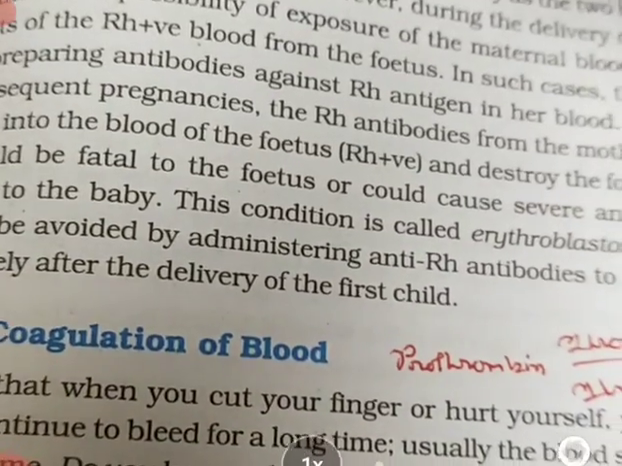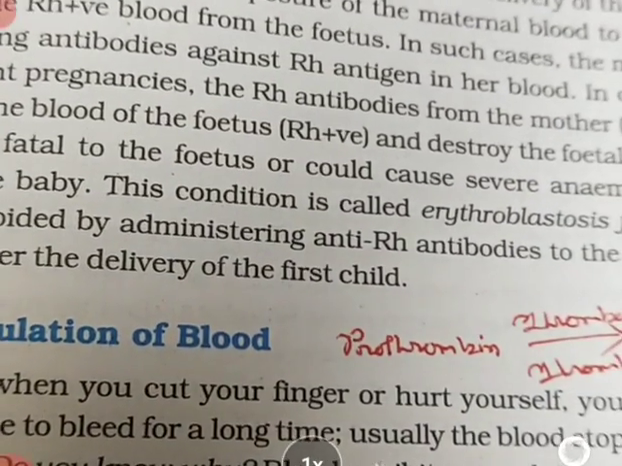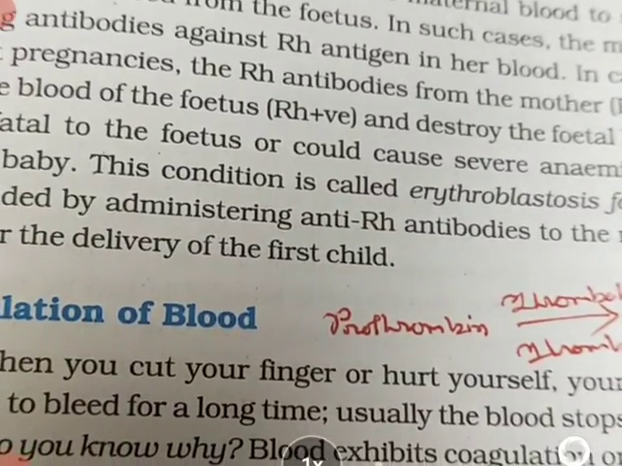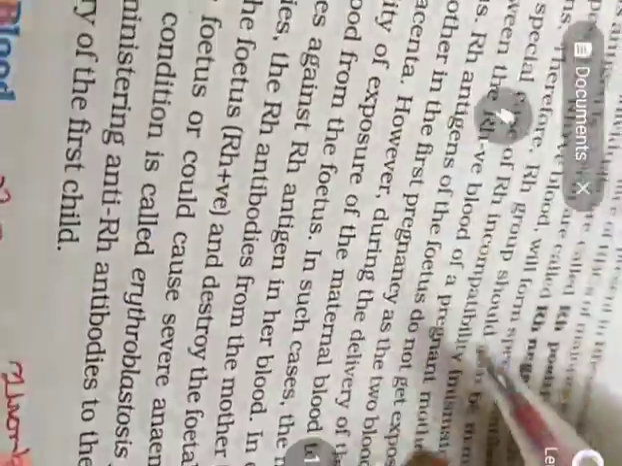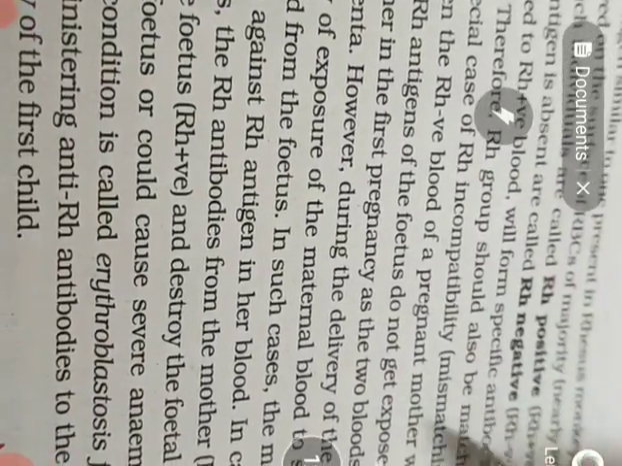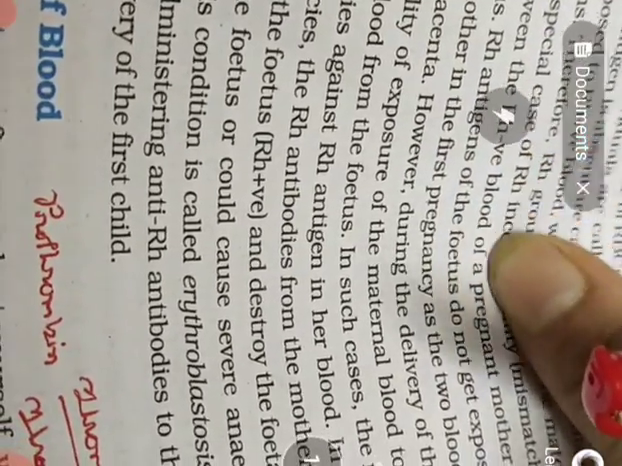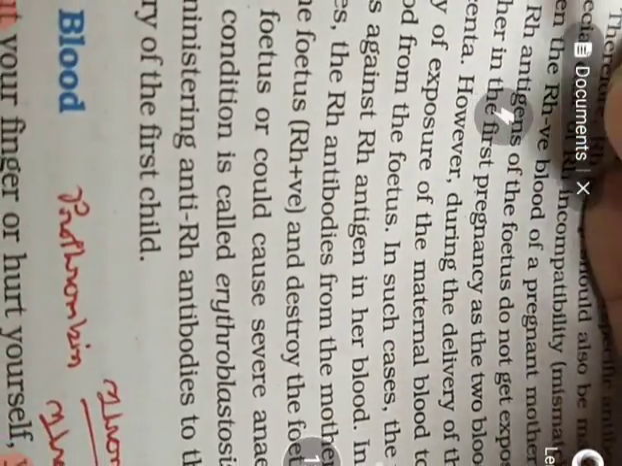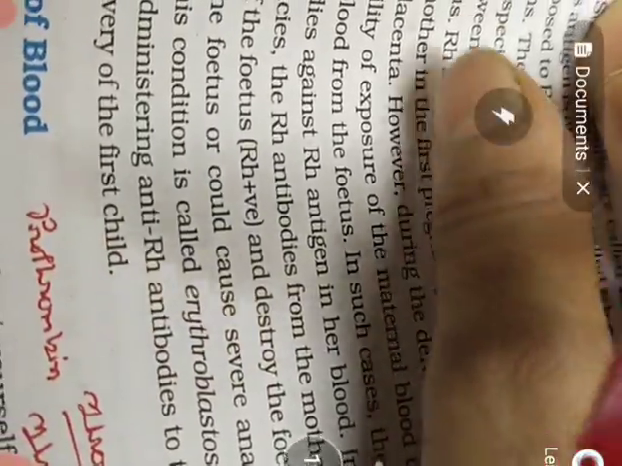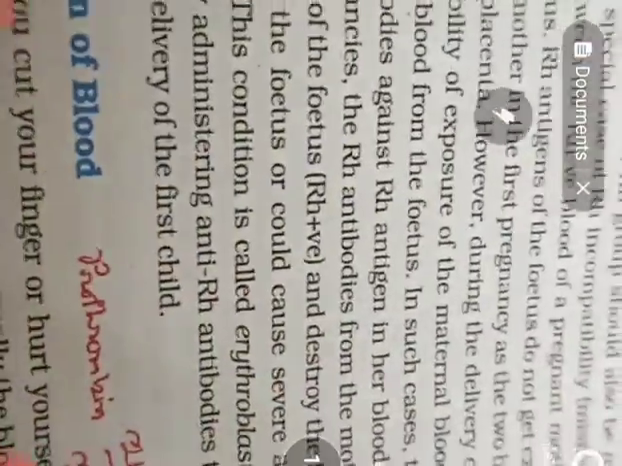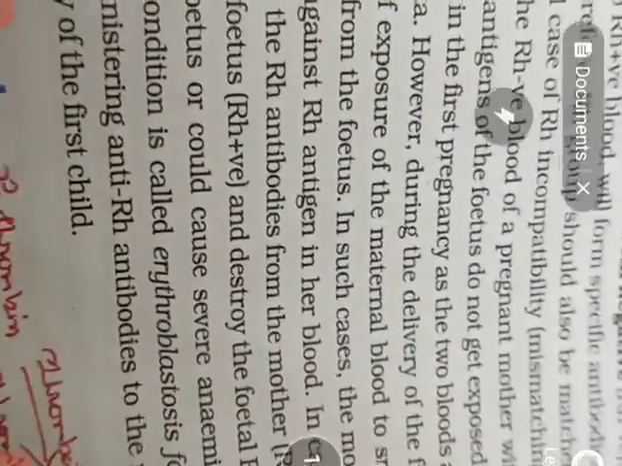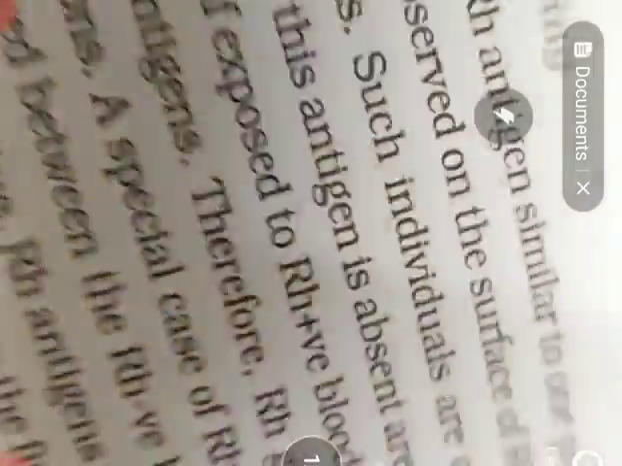Now one special case of Rh, here it is coming about the incompatibility. What is the special case here? That is the special case of Rh incompatibility, that is mismatching observed between the Rh negative blood of a pregnant mother with the Rh positive blood of the fetus. Suppose the mother is Rh negative, and the baby is Rh positive. So at that condition,